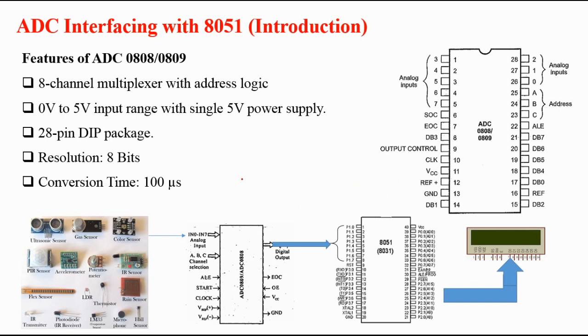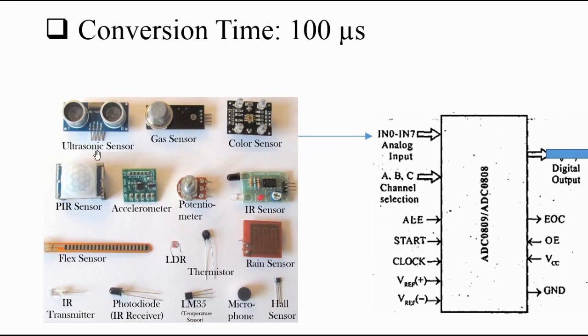So on a pin level, how will the configuration be? These are the sensors available in the market. Sensors are those things. I will zoom over here. Ultrasonic sensors are available, gas sensors are available. An ultrasonic sensor will basically send and receive ultrasonic waves, and in accordance with that, the distance of the object from that sensor will be calculated. There are gas sensors available in the market, again MQ6, MQ3. Basically, those will detect, let's say, LPG gas, etc., and as per that, they give the output at those pins.